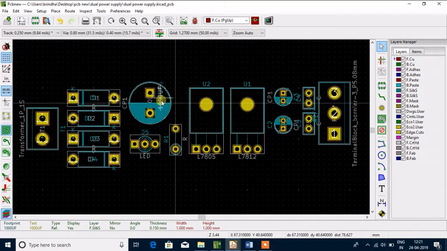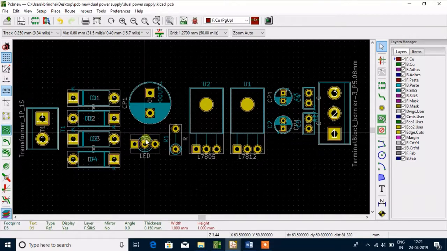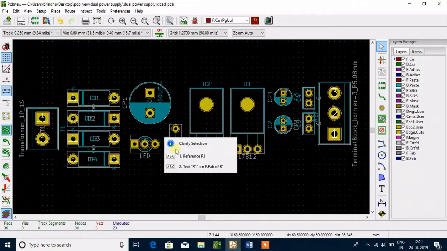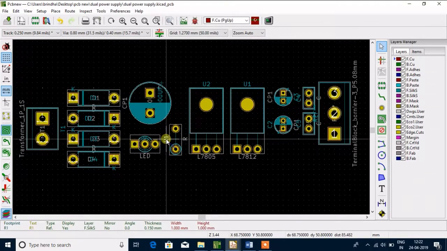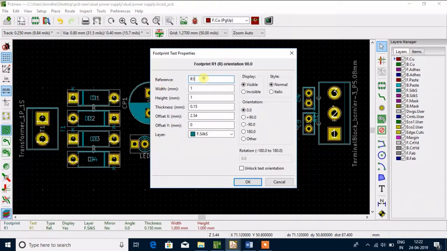just press M on the keyboard and place that inside, and here the D5, just move that inside, and the R1, just double click that, move that, name that as a 1K resistor,